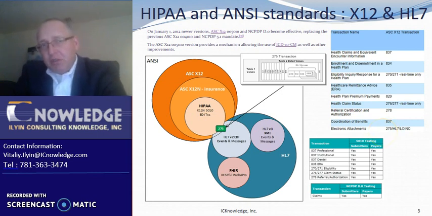And the interesting part about 275 is that it's an EDI transaction, but, as shown here, it's actually wrapped around an HL7 message, right? So this is the only point of overlap between ASC X12N format and HL7. So another thing to get out of this slide is that HL7 has